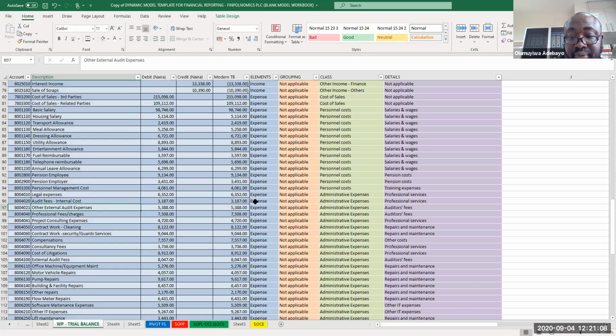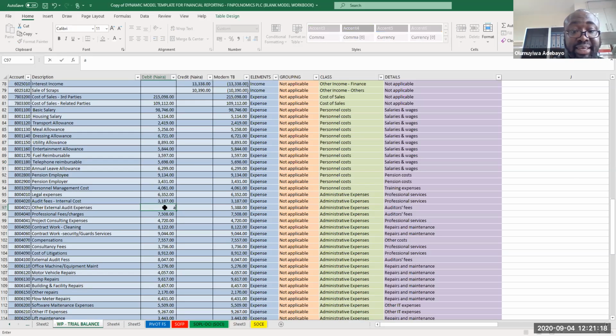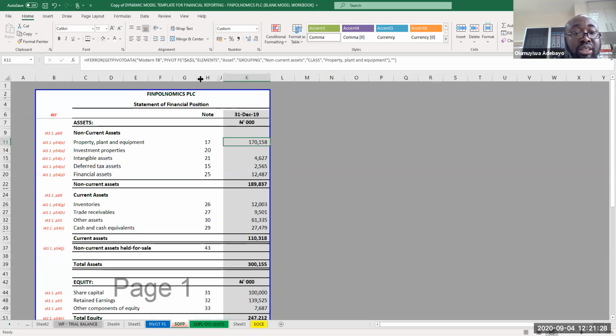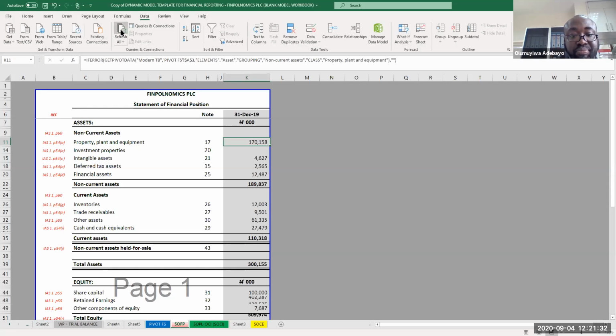Okay. I have two categories of auditor's fee. Let me just delete something here. Let me just say there's one mistake here. Let me say I put A here, G and sign, it shows me value. If I run my account,